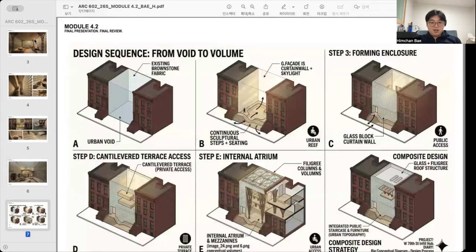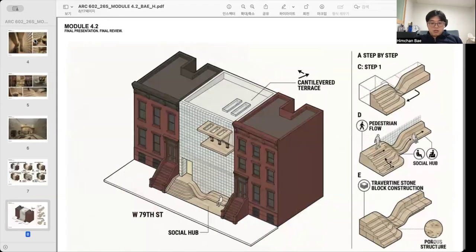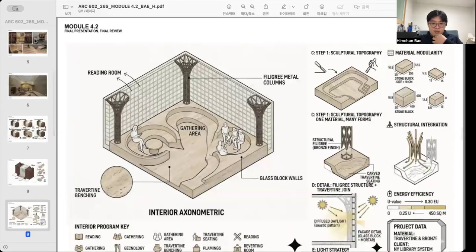And this is my diagram from void to volume. It shows the design sequence. Another diagram explains the public bench in the facade. Diagram about the interior,